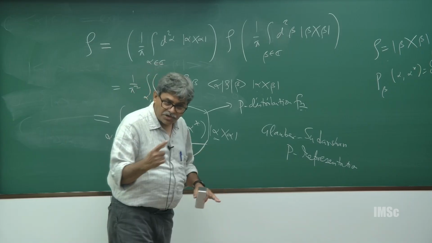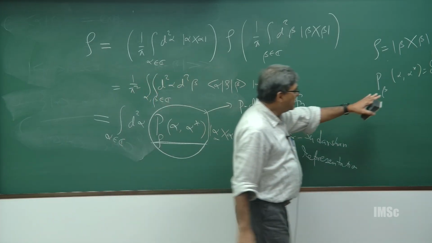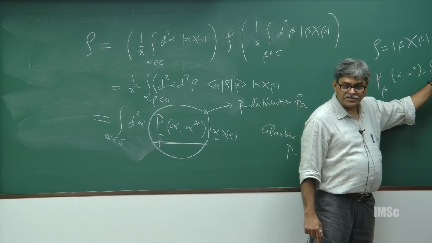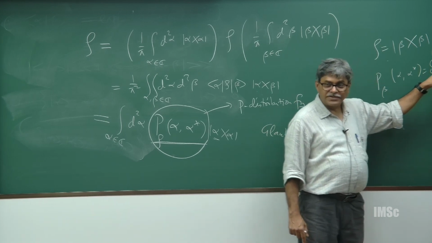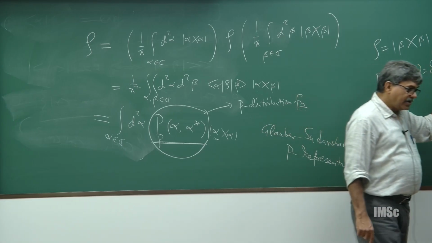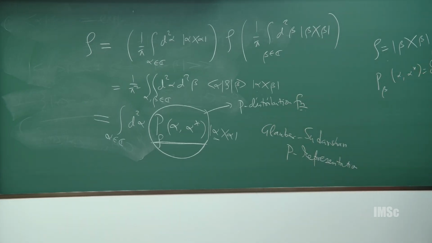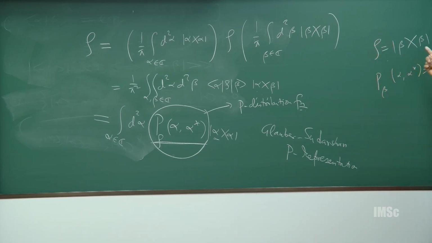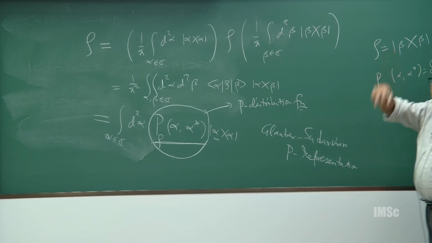So, you see for a coherent state, the P distribution is itself not a proper function, it is a generalized function. And we will see that if I take Fock states like k1, k2 etc., then their corresponding P distribution will be derivatives of this function. So, these are very badly behaved functions, highly singular functions basically.